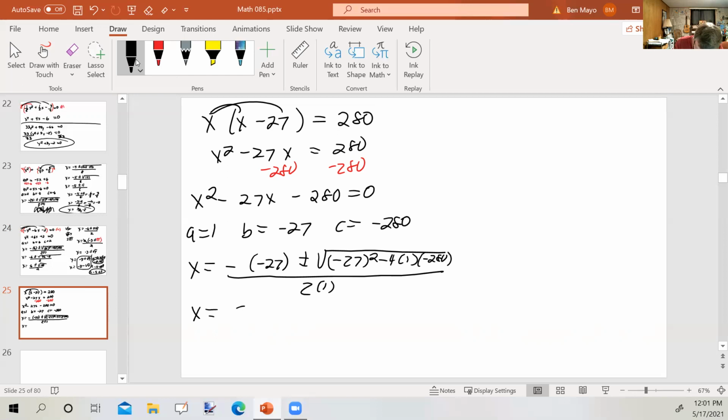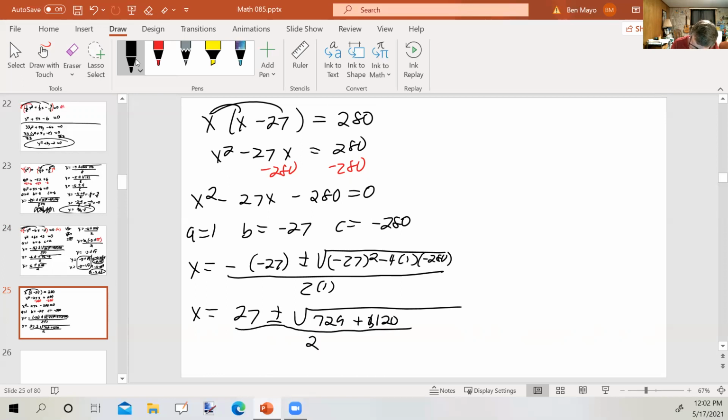Negative times negative is positive 27 plus or minus. Negative 27 times negative 27 is going to be positive, and that's going to be 729. Minus 4 times 1 is minus 4, times negative 280 is going to be positive. So 4 times 280 is 1120